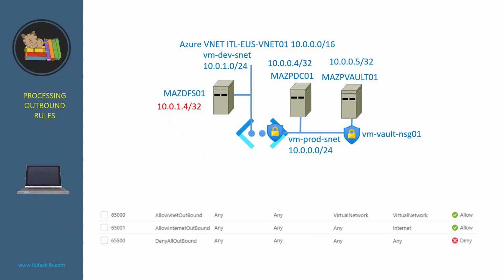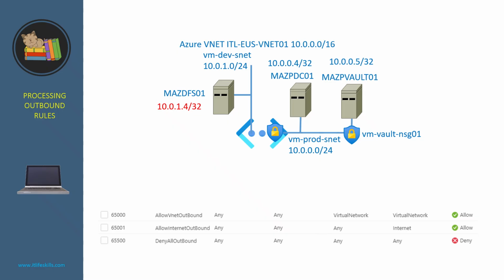As you can see, the first default outbound security rule is to allow any traffic from any virtual network to any virtual network, which technically means it allows all the outbound internal traffic. And the second security rule is to allow any traffic from anywhere to the internet. And the last security rule is to deny all the outbound traffic. So with the default security rules, technically it allows all the outbound traffic, and we attach the network security group